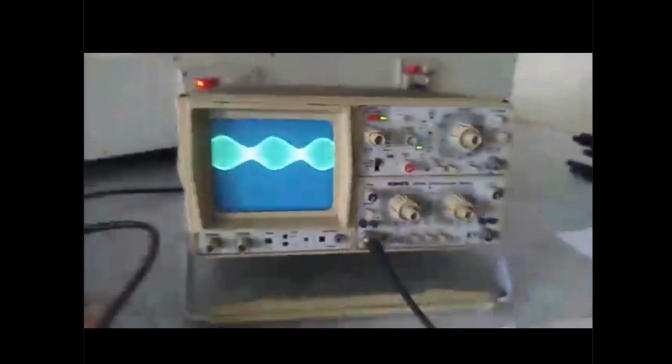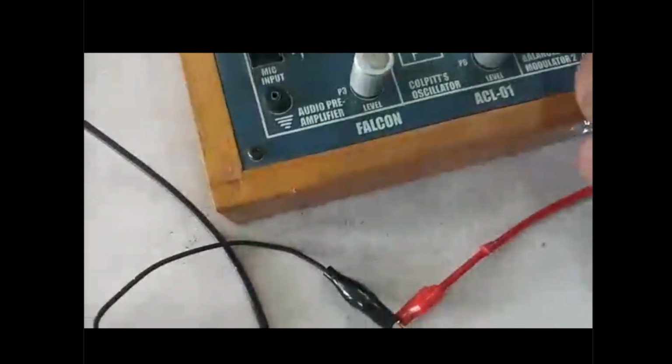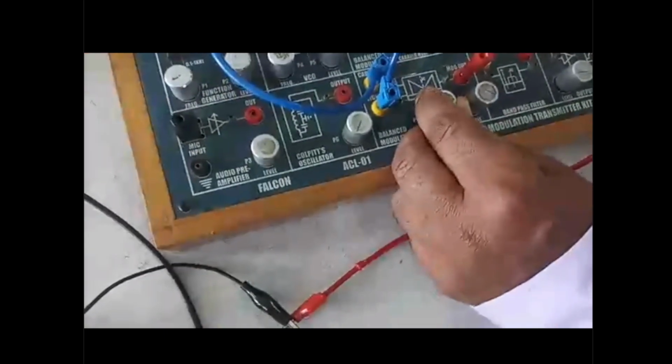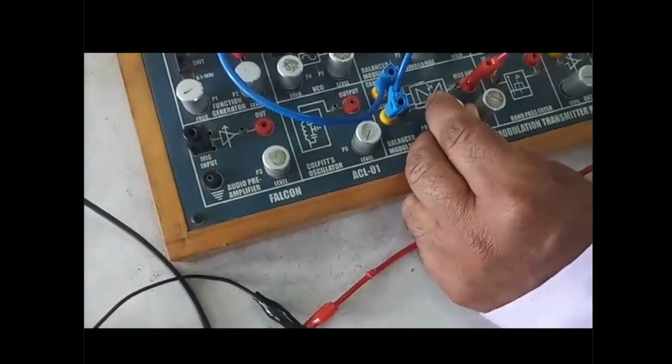See, on the center line the envelopes are not touching each other, they are separated. But slowly, when we vary the modulation index with the help of this knob, we see that when the modulation index is equal to 1, the two border lines, the envelope points, are touching each other.